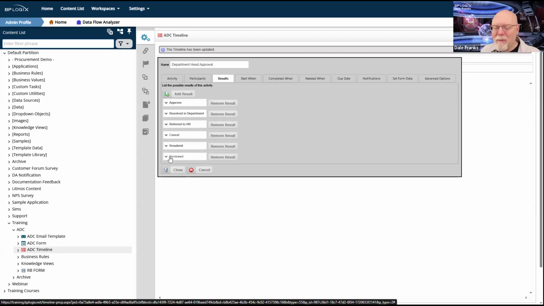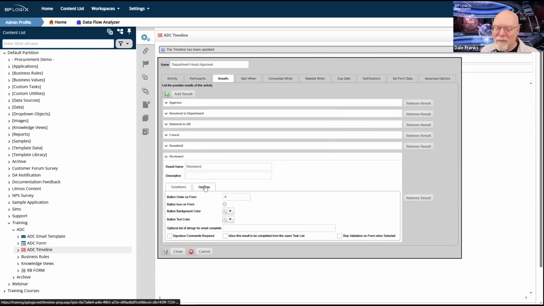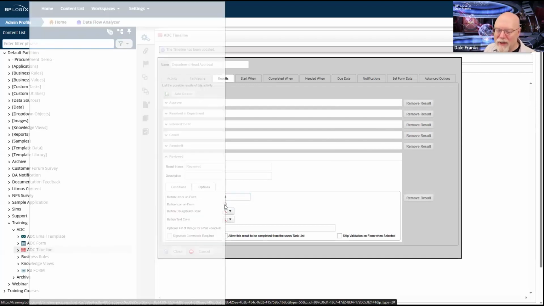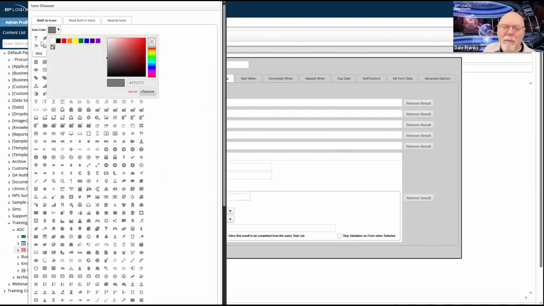Okay. Reviewed is neither positive nor negative. So I think just trying to find a button order, I'm going to stick this around button order number 4, and it is the reviewed. I kind of want to give it that blue background color, I guess.